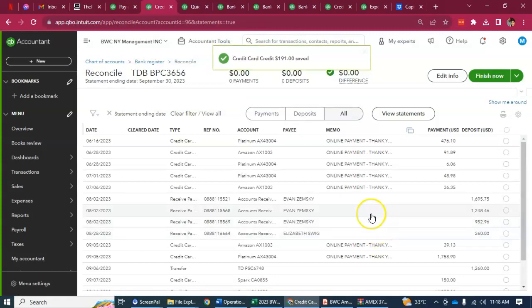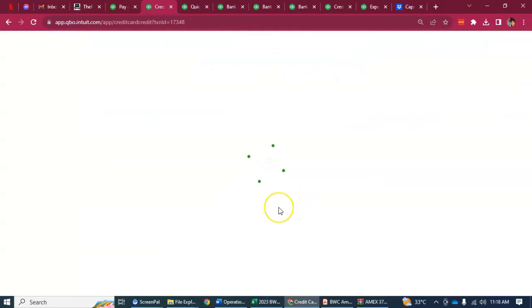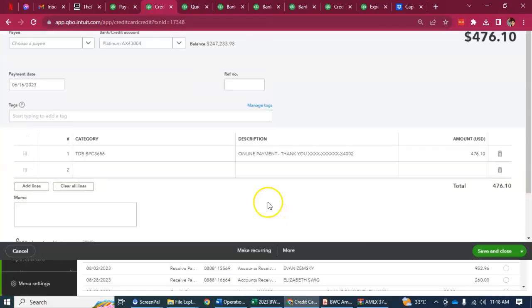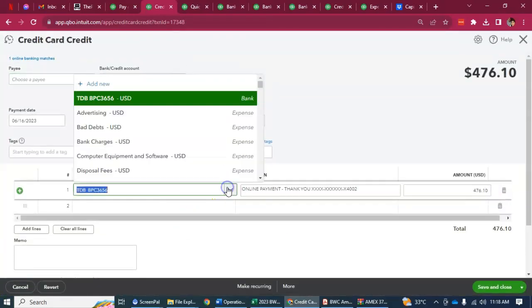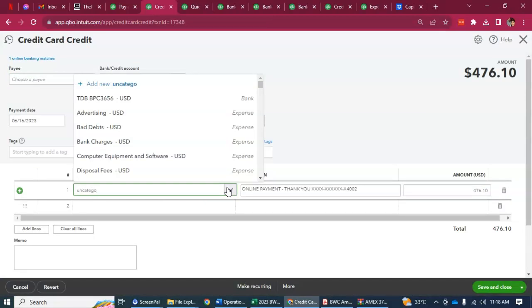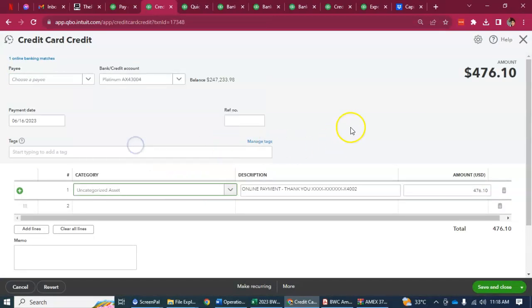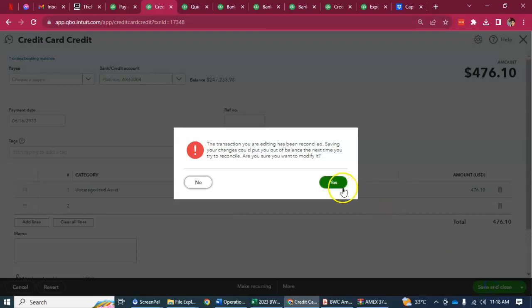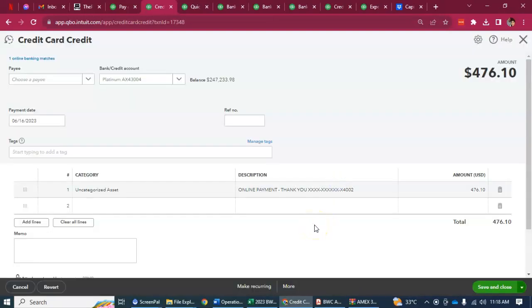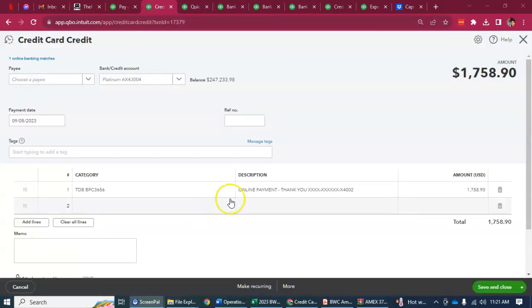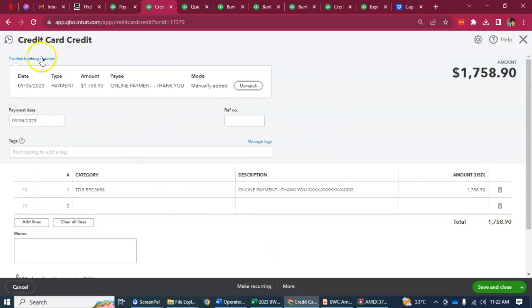So this is how we do it. We categorize again to uncategorized asset. Then later we are going to use this one once that we reconcile other statements. Now why are we categorizing this one? If you see this one, it means that this is coming from the bank